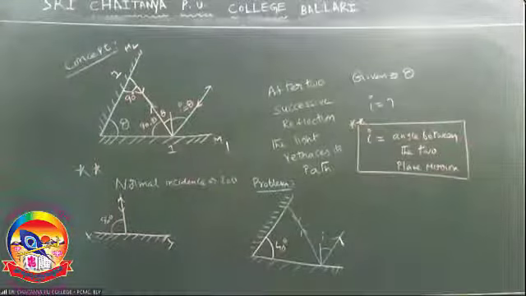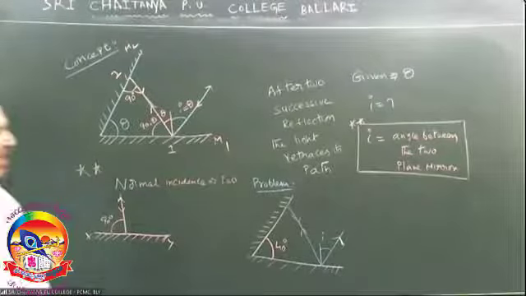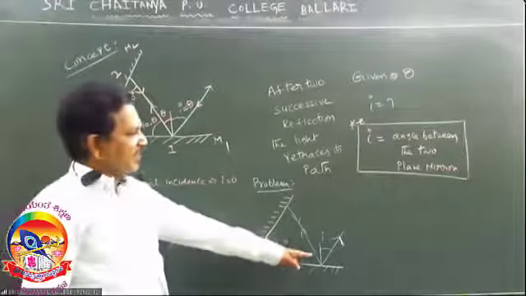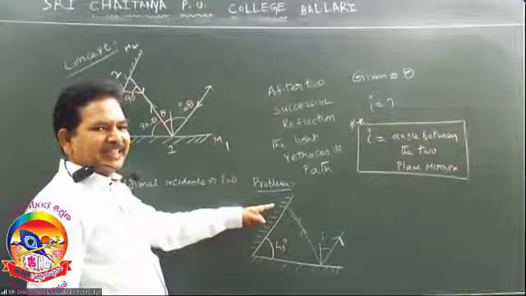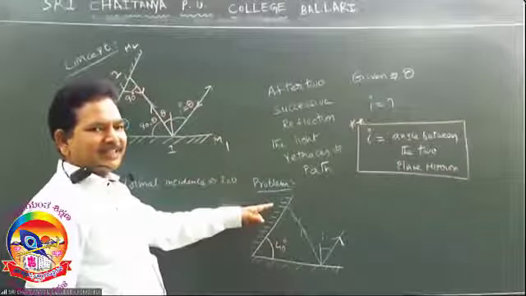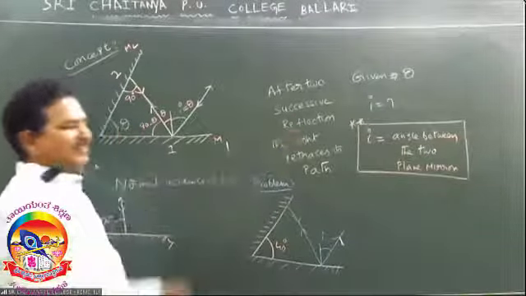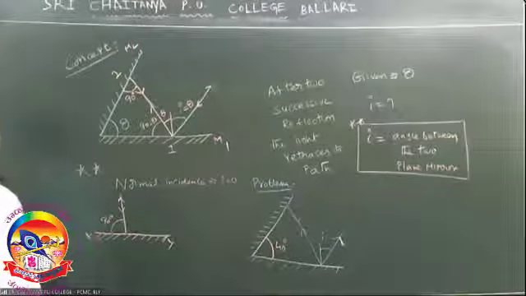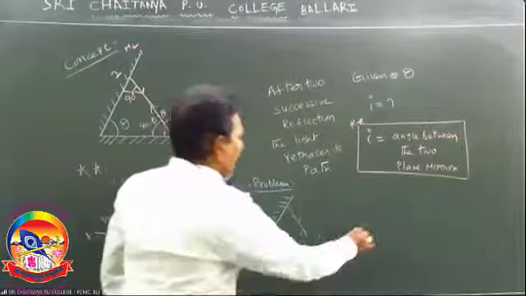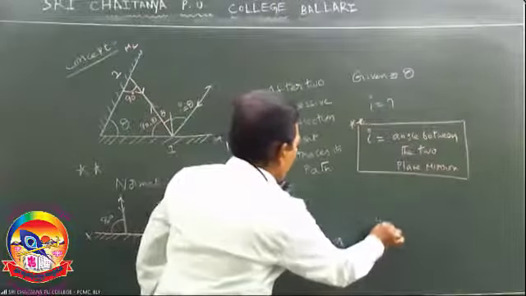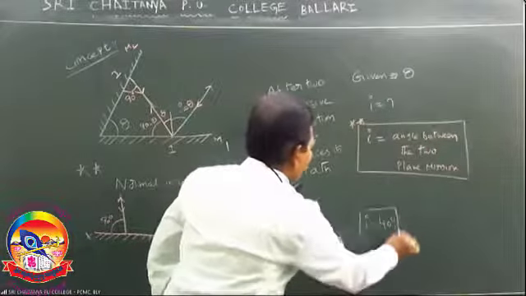Two mirrors making an angle of 40 degrees with each other. We have to find the angle of incidence in such a way that after the second reflection, it has to retrace its path. No need to do this entire thing. I know the concept. I must be equal to what? Theta. Therefore, I is equal to 40 degrees, answer.